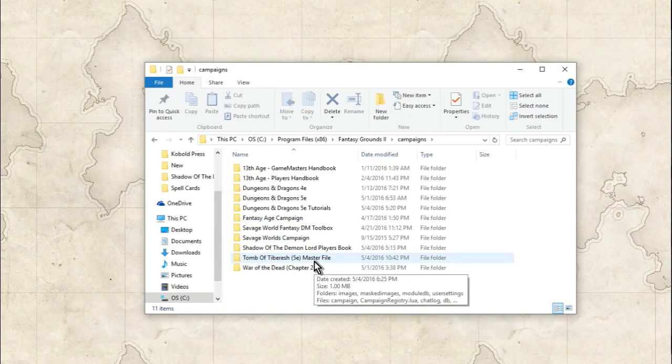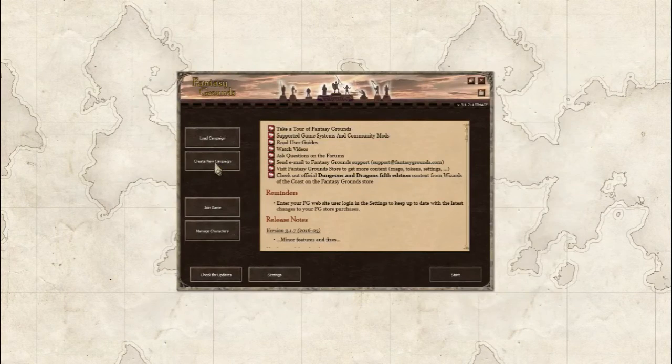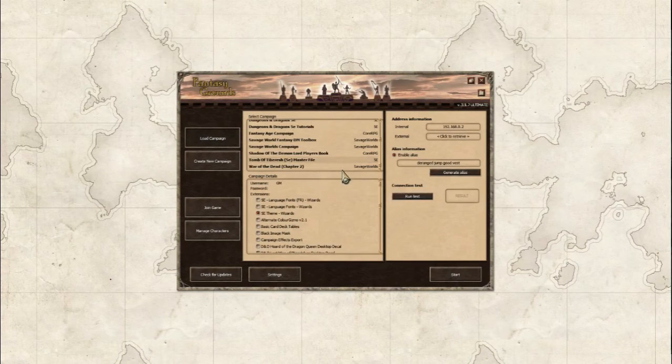Now, when I go back and finish this, I will just go back, start the game, load a campaign, and I'll go ahead and click on Tomb of Tiberish. I'll enter all of the other rooms, all of the other information, and then I'll export the file again and export all of the new tokens that I'm going to use, because there's a couple mummies in there, a couple were jackals and stuff. So you can always modify that mod file, and every time you export it, just